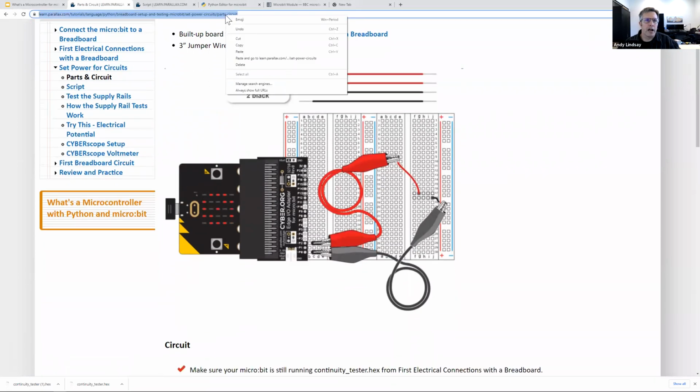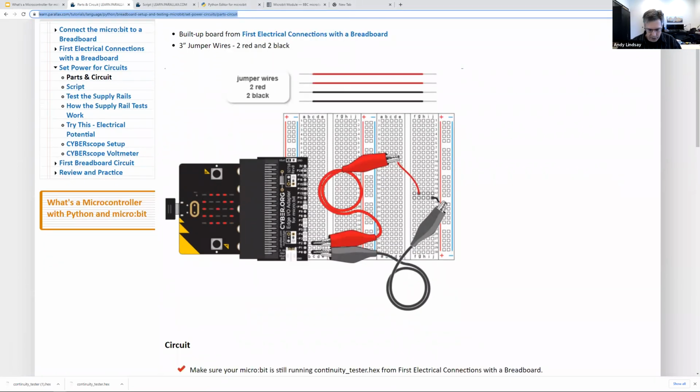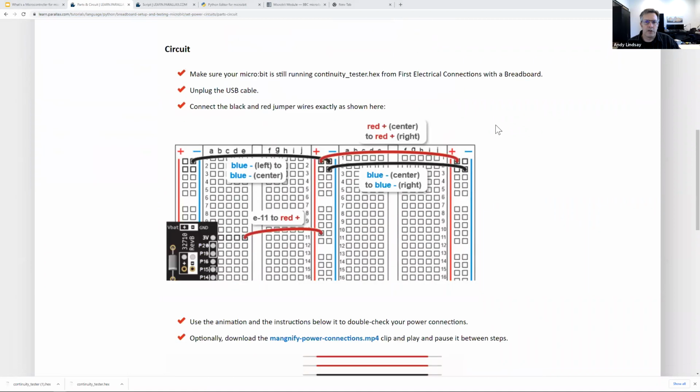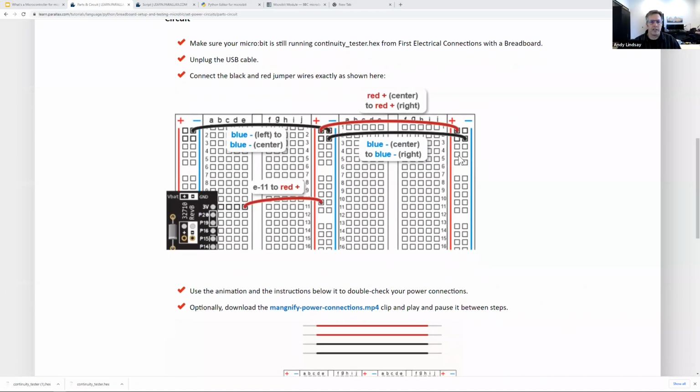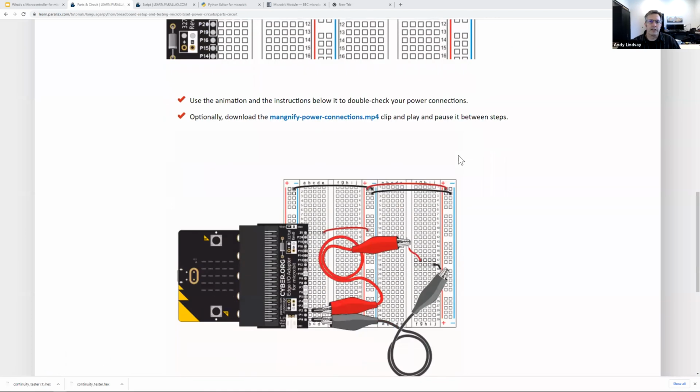So, I'm going to give you actually the parts and circuit page. That was the page I actually meant to give you. There we go. And so the circuit shows exactly where to connect. And then